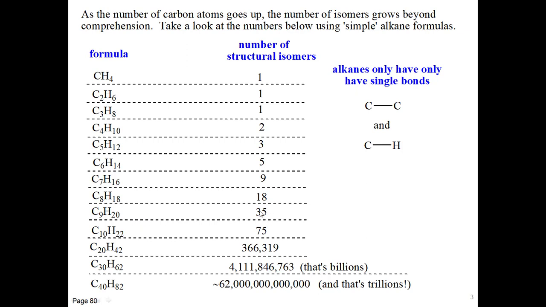When we go to 9, there's 35. Now it's getting pretty challenging. 10, 75. So challenging, but still possible. If we add 10 more to that C10 and make it C20,